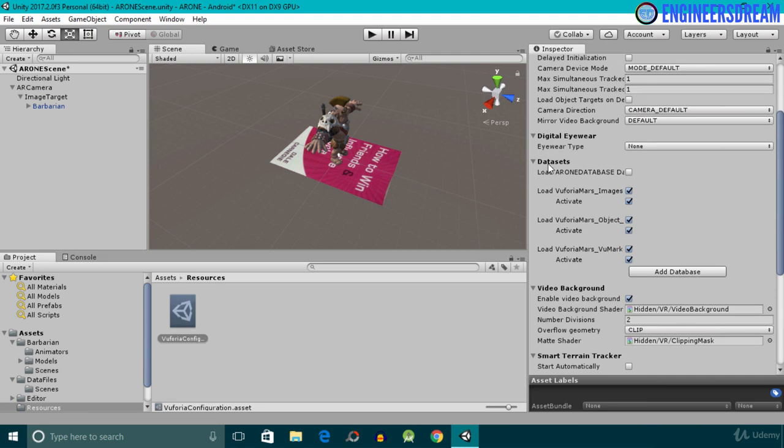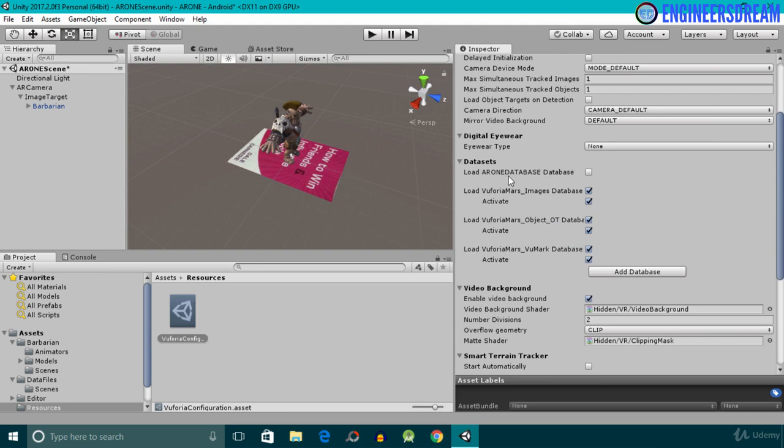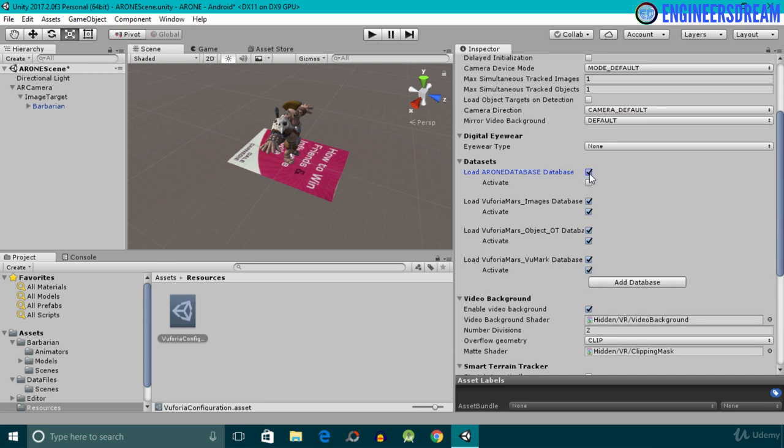As you can see, we have this option of data sets, and inside this data sets we have this option of load AR1 database. Inside this AR1 database we have this AR1 image target. So I'll first check this load AR1 database option, and after this I will activate this AR1 database.